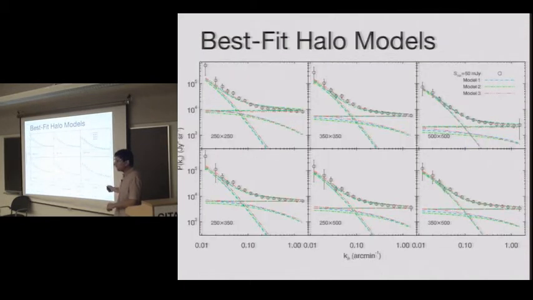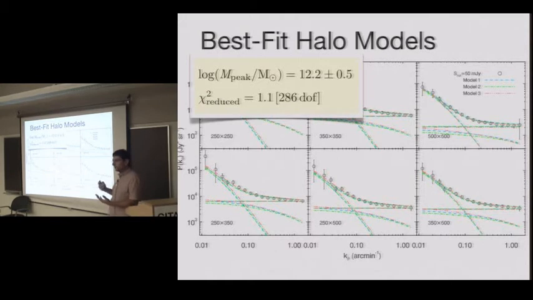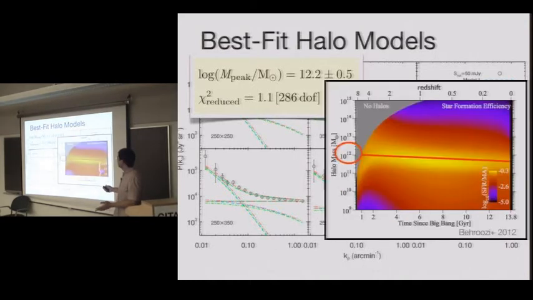these are the 3 different models, and the chi-squared of all of them is basically the same. Right? So we don't disagree. These models are great until they're not great. So those are the 3 models that I described. The chi-squareds are good, but they're good for all of them. And so we don't really have the power to tell the difference between these different guys. One thing we do find is that all of the models prefer that peak halo mass was 10 to the 12.2, which is very similar to what other people are measuring and what other people are finding with models.